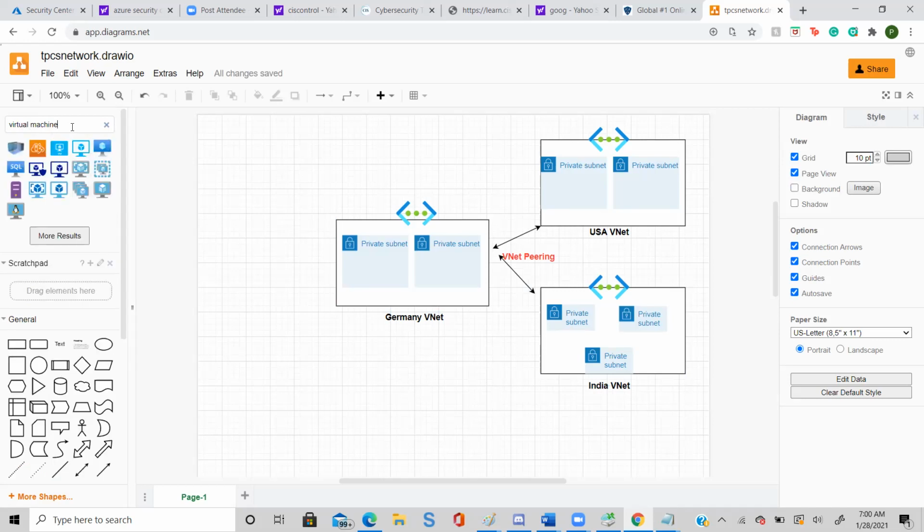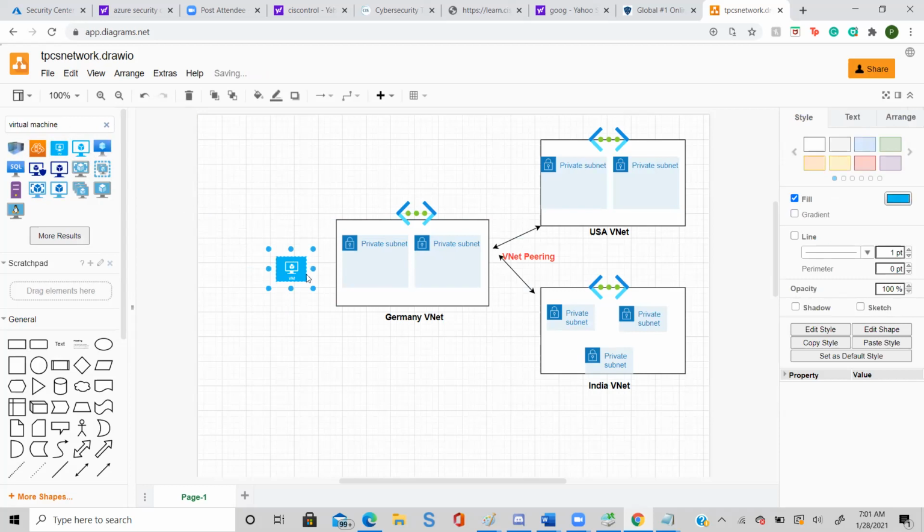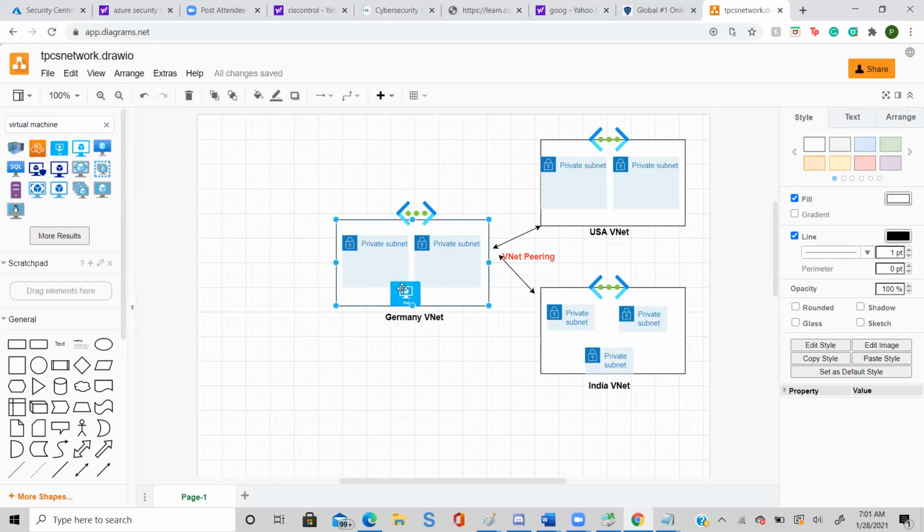Just take one virtual machine and put it in the first private subnet. Any one, it doesn't matter which. Just drag it inside a subnet.